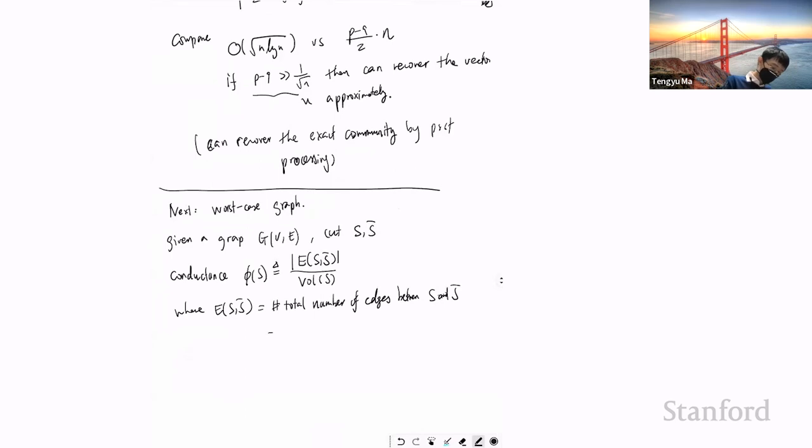Mathematically, this is really the sum over i in S, j in S bar, of G_ij. I'm overusing the notation a little bit: G both denotes the graph and also the adjacency matrix of the graph. And the volume of S is the total number of edges